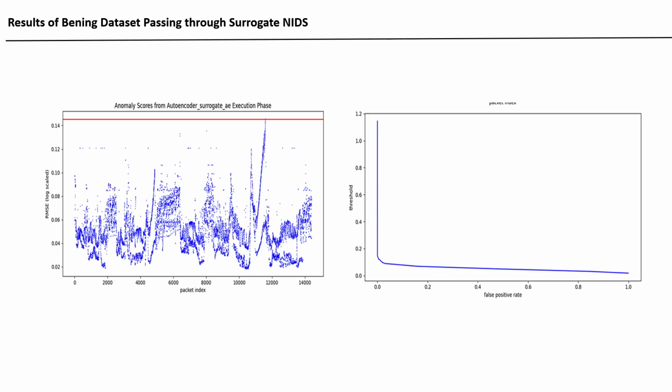Now, this is the result for the case of the surrogate NIDS. A surrogate model is a machine learning model that is trained to mimic the behavior of the Kitsune model. The graph here represents how the surrogate NIDS behaves on the benign dataset. As you can see, most of the traffic RMSE values are below the threshold value, which shows the surrogate model is correctly identifying the benign dataset. The false positive curve shows that as the threshold value decreases below a certain limit, the false positive rate increases